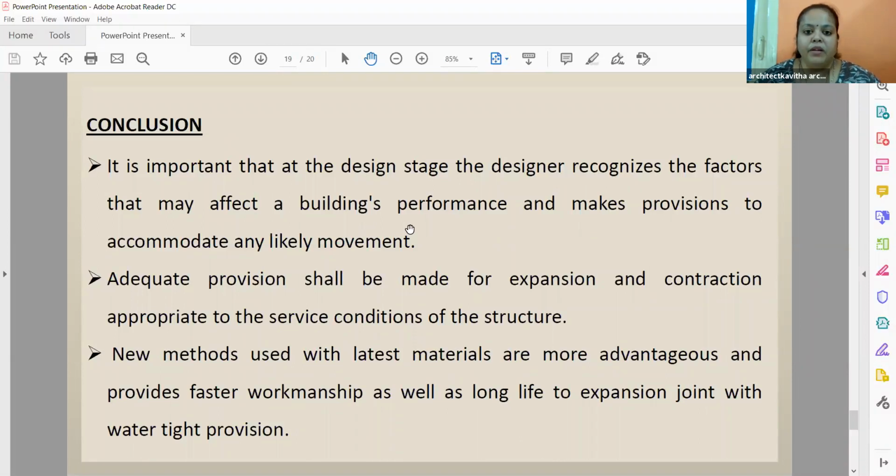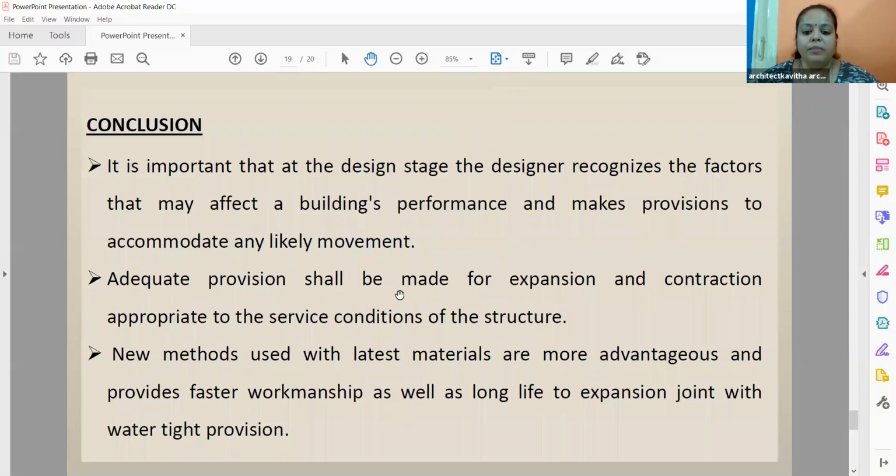But if it is a public building, for example your schools, your hospitals, your public spaces, theaters, malls, those kinds of buildings require expansion joints because the length of the structure is very long. It's not necessary to give it at the exact center either. You have to check the design where you can give. At some junction of the room, or where room endings are, you can provide. You cannot provide in between the room. So you have to see that carefully.